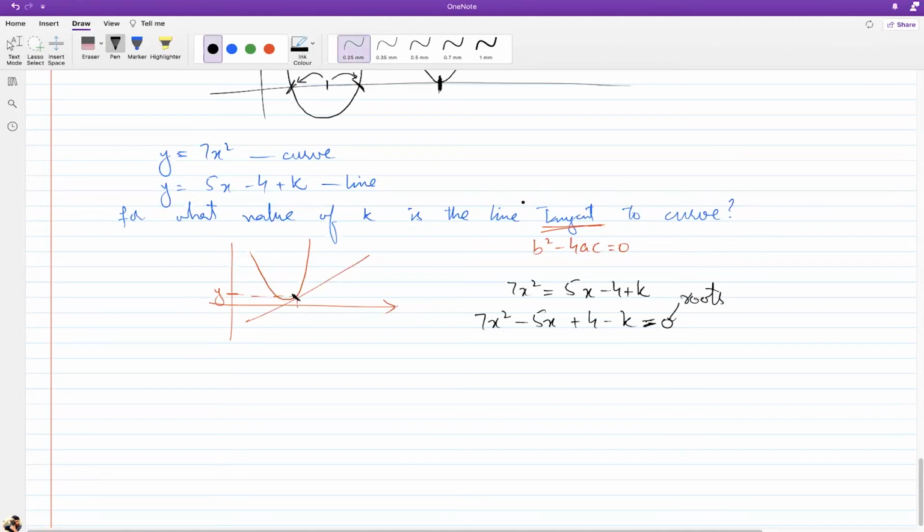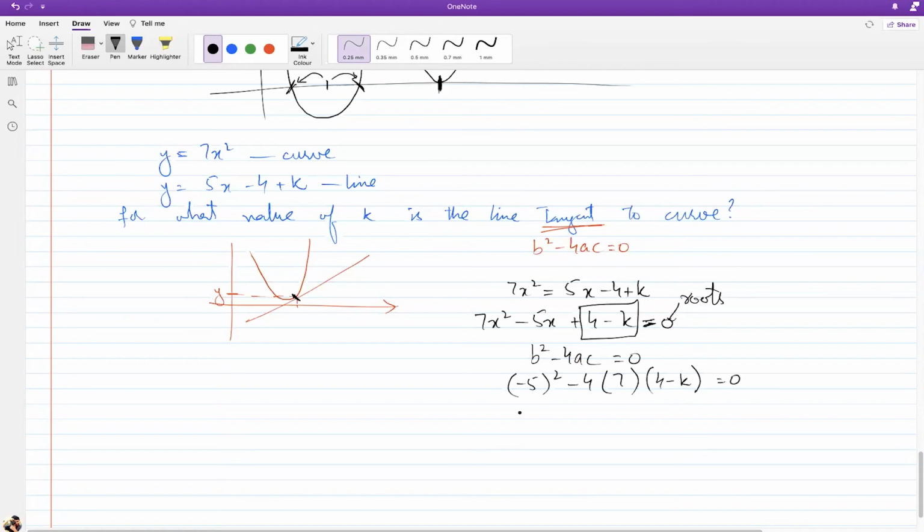Now we know that this is tangent. So now we apply what the hint was there. So we know that this is this. So b squared is minus 5 squared minus 4 into 7 into c, which is this whole value, the number without the x. So we'll simply say, okay, 4 minus k here